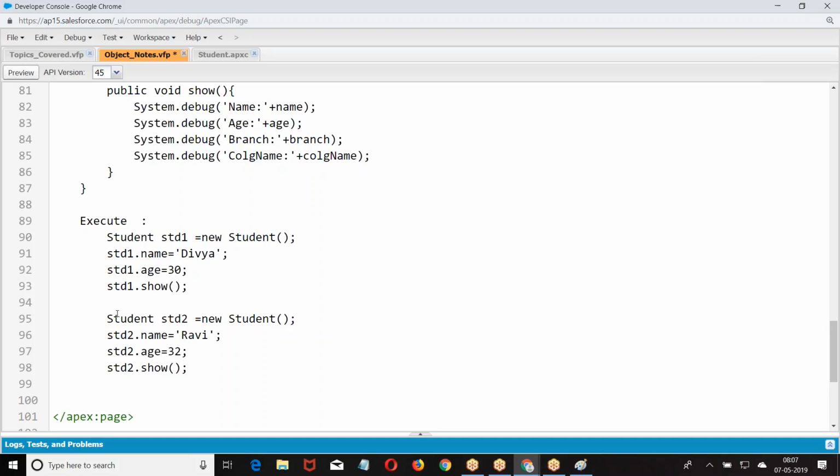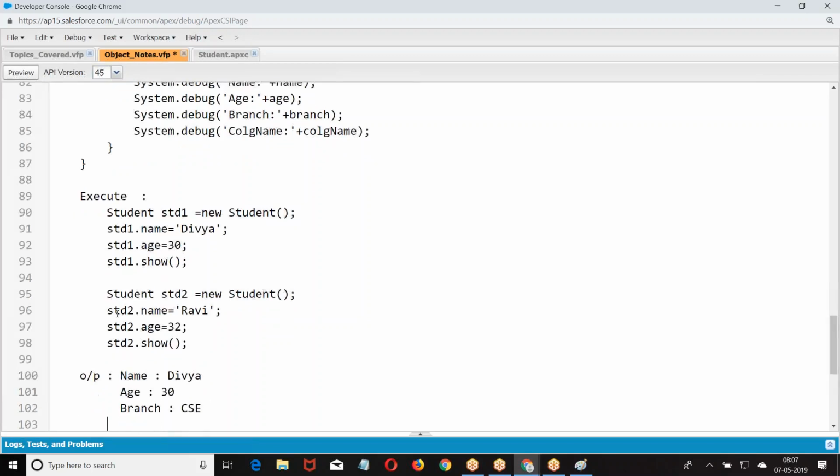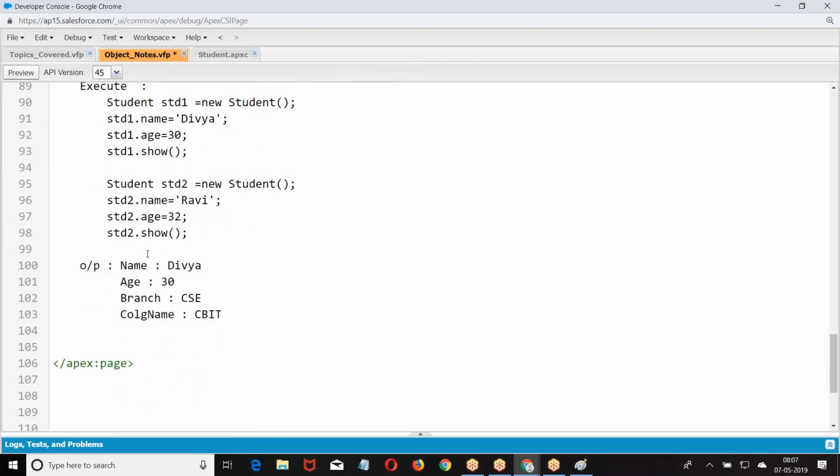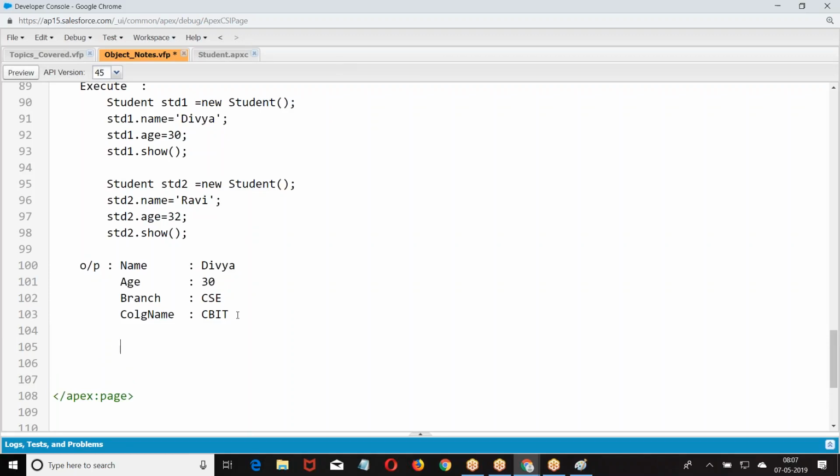Right? So we are going to get the output when you run std1 dot show. This is how we have created.